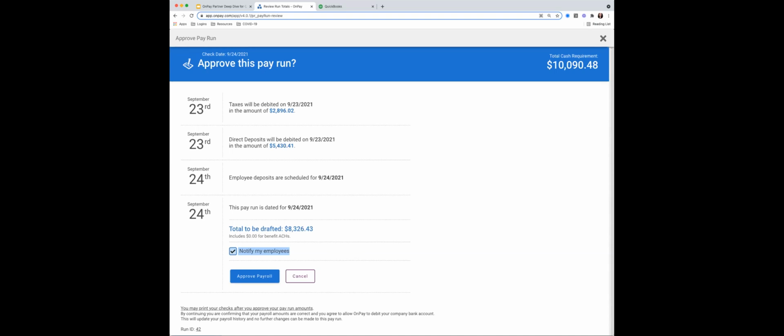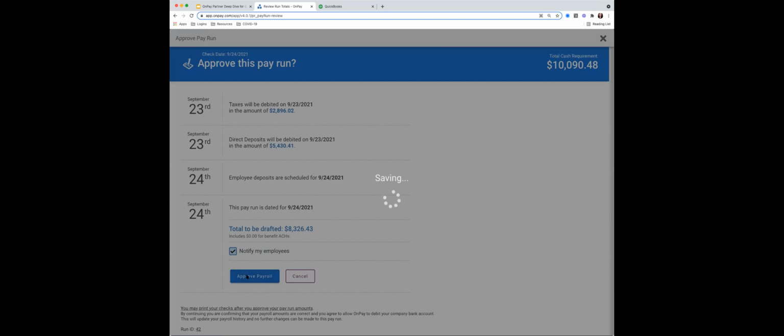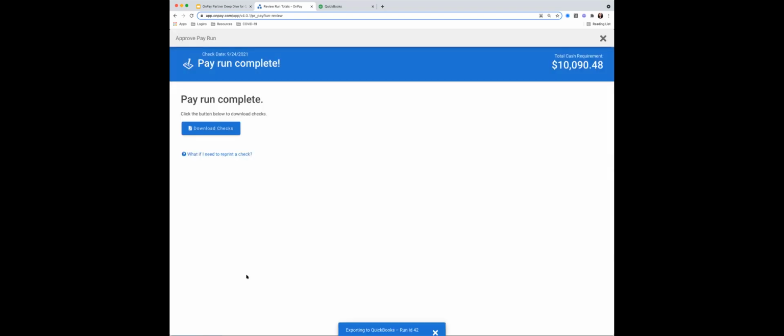All right, so when we are ready to continue, we're just going to hit that big blue approve payroll button, you, your client, whomever. And then once that payroll is approved, OnPay sends the direct deposits out. If they need to pay some people through a pay card, which works similar to a reloadable debit card, we can send that via ACH. We also have a download print checks option right from this window.